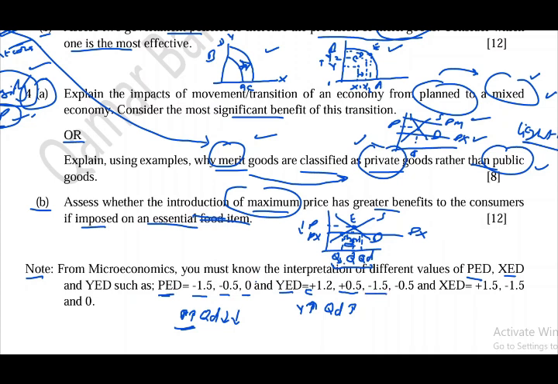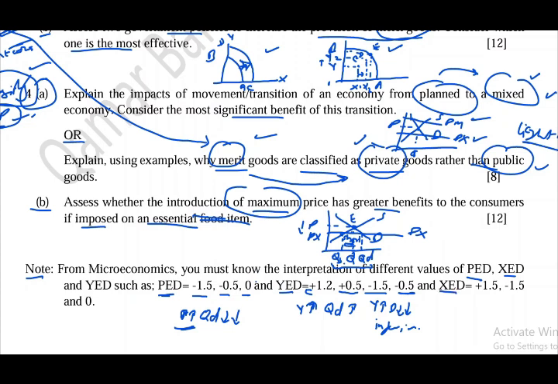And minus 1.5, means income elasticity of demand is negative, means if income goes up, demand will go down, and it happens in case of inferior goods. So the value 1.5 shows that demand is elastic, means if income increases a little bit, demand will decrease a lot. And minus 0.5 means it is inferior good, but the demand is relatively inelastic, means greater change in income will lead to a lesser change in quantity demand. Greater rise in income will lead to lesser decrease in quantity demand.